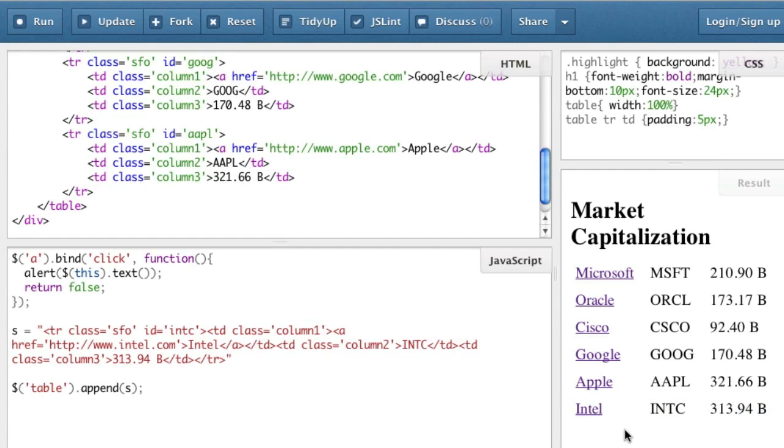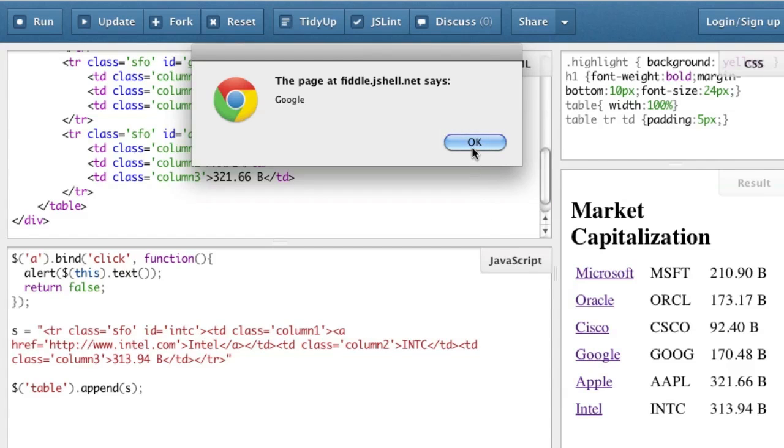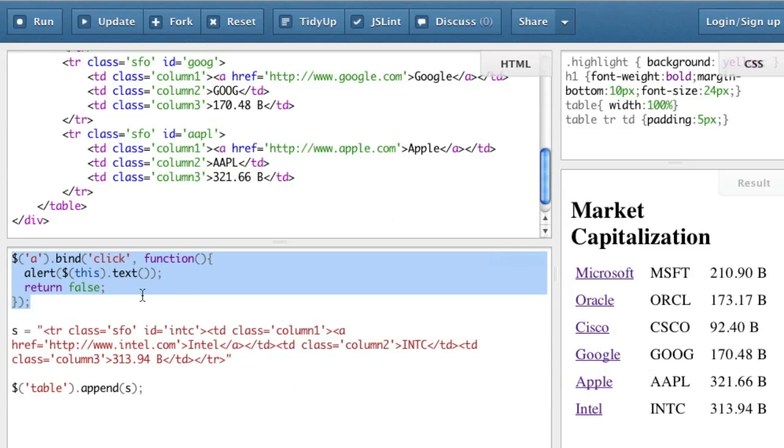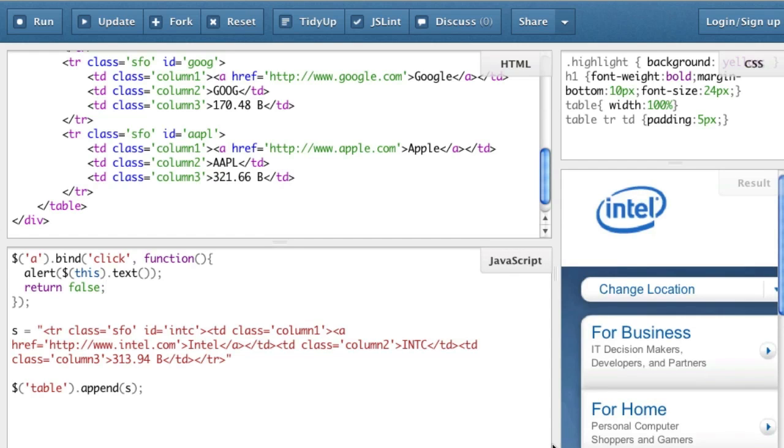However, there will be one difference. If I click on Google, I get the message Google, and I'm not taken to the Google page. That is because here I have bound the Google link to this function. However, if I click on Intel, then I'm taken to the Intel page, and I did not get the alert message. Why is that? That is because for